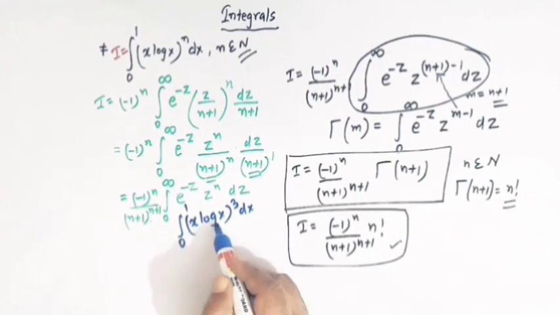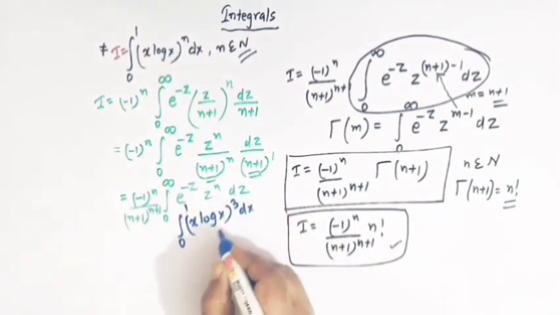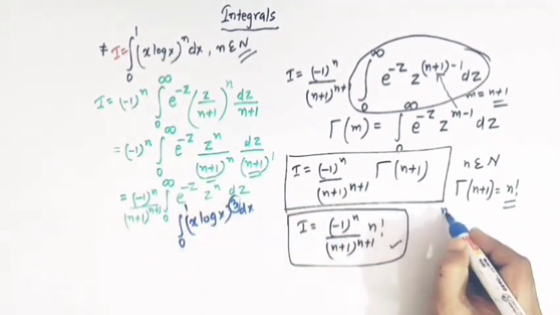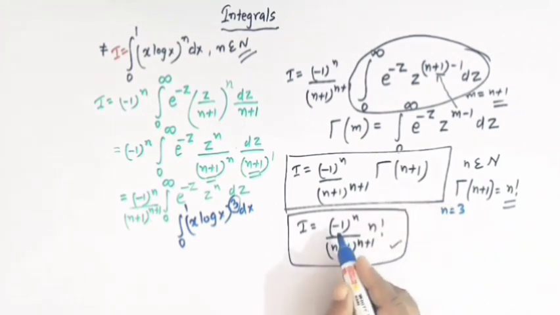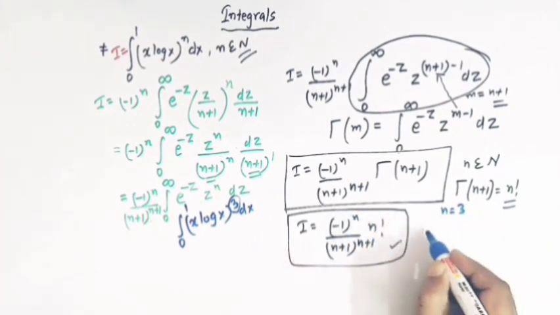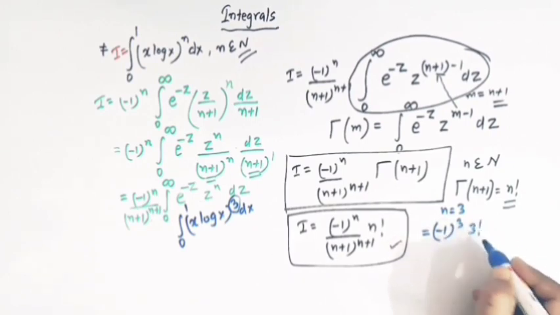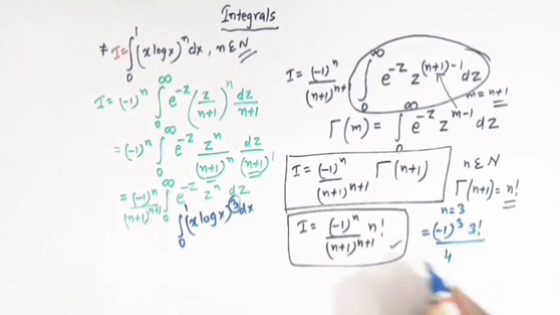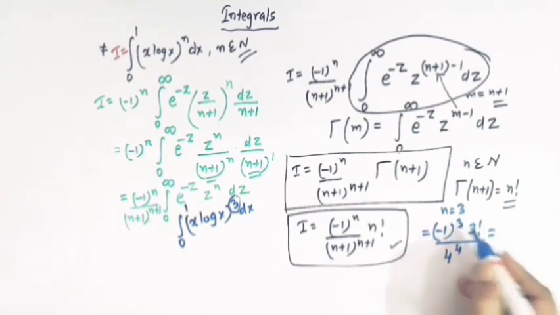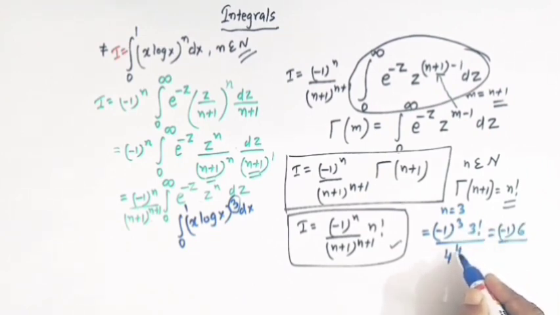Now let us find out the value of this integral using this result. So this is 0 to 1 x log x raised to 3, and here if we compare this integral with this one, then the value of n is 3, right? And 3 is a natural number. So we can find the value of this integral by putting n is equal to 3 in this result. So the value of this integral is minus 1 raised to 3, factorial 3, then 3 plus 1 is 4, then 3 plus 1 is 4, so we have 4 raised to 4, right? So minus 1 raised to 3 is minus 1, 3 factorial is 6, and 4 raised to 4 is 16 times 16, that is